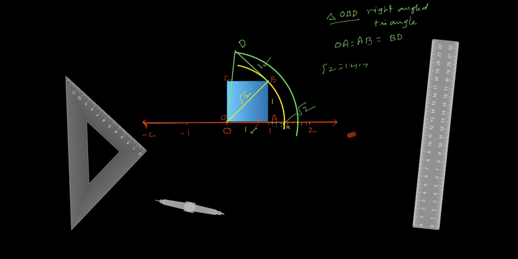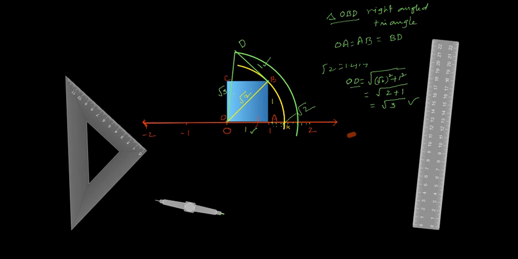As per Pythagoras theorem, OD is a hypotenuse in the right angle triangle OBD. Hence OD is equal to the square root of the sum of squares of the other two sides, that is root 2 whole square plus 1 square. Root 2 square means 2, 1 square means 1, that is equal to 2 plus 1, 3. What we get? The OD value is root 3. So here the radius OD is root 3. Hence you write here root 3.